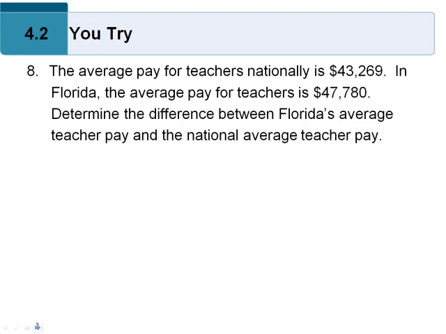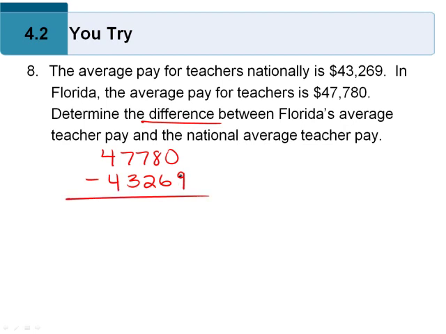Number 8, the average pay for teachers nationally is $43,269. In Florida, the average pay for teachers is $47,780. Determine the difference between Florida's average teacher pay and the national average teacher pay. Okay, so we're just going to subtract again because it says difference. So 47,780 minus